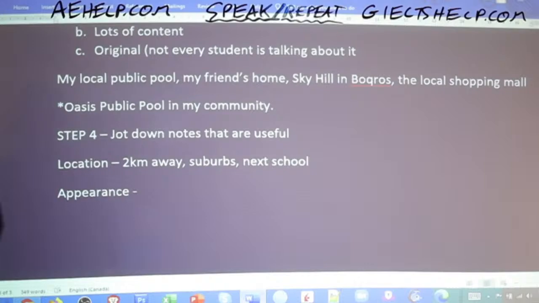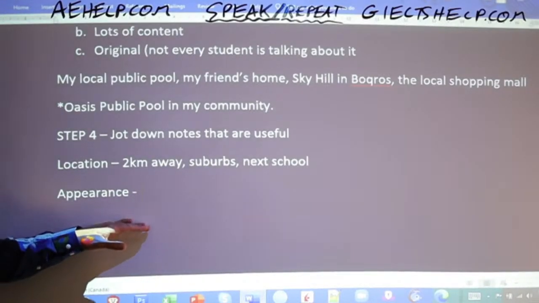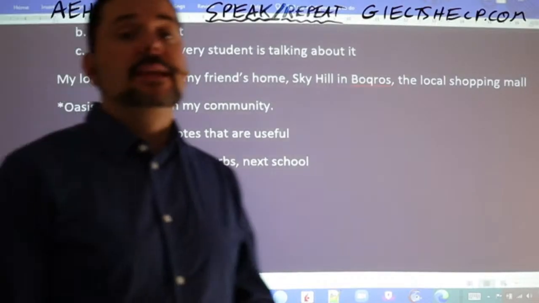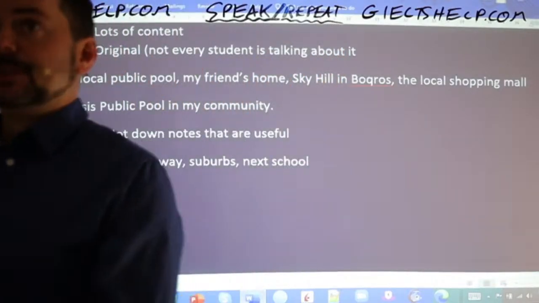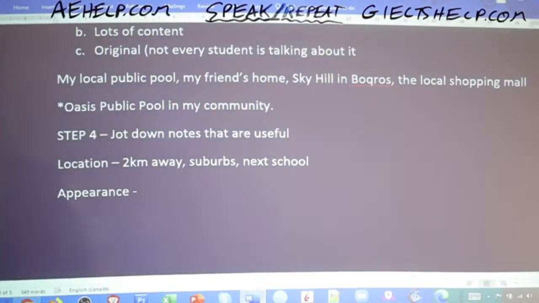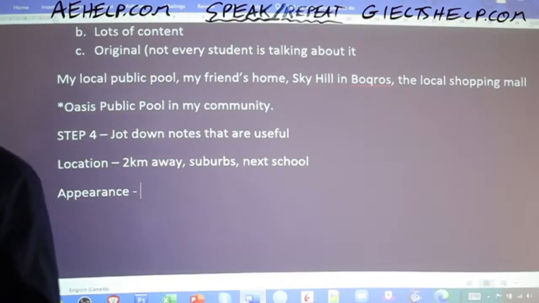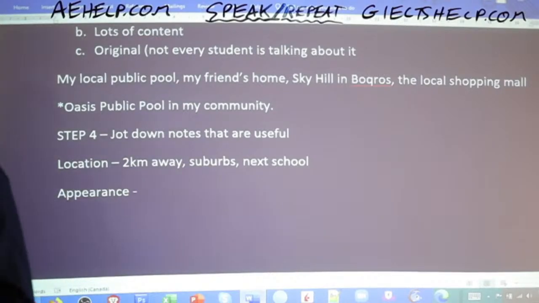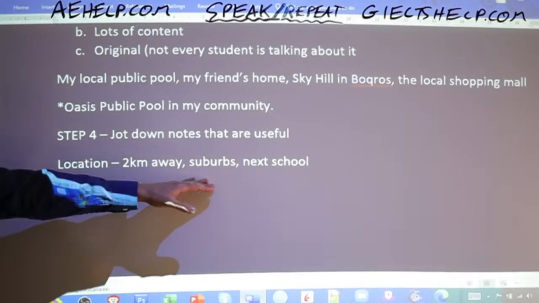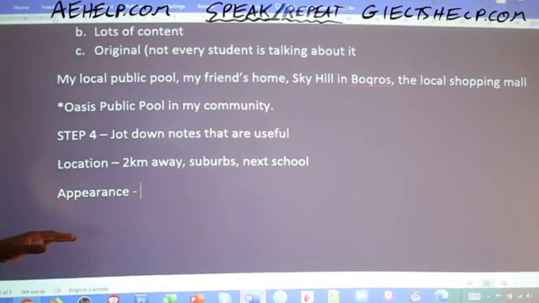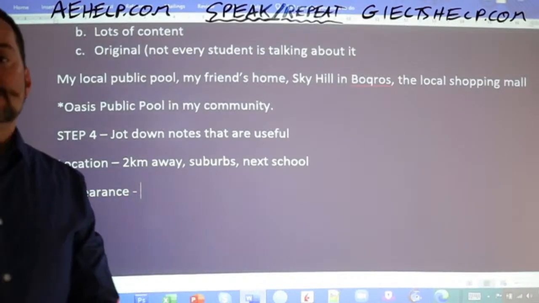Describe the appearance of a pool. When you describe the appearance of the pool, definitely you will be picking up some good lexical resource marks. So describing the appearance of a pool in a few words is definitely good, okay? So Bakrat says it's toward the northwest of my residence, nearly 2 miles away. That's fine. Okay. Again, notes, you want to be quick here, and you want to think of ideas that aren't natural, or aren't easy to come up with. So the appearance, what does this pool look like?